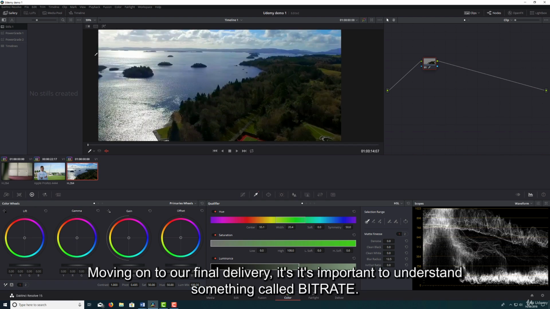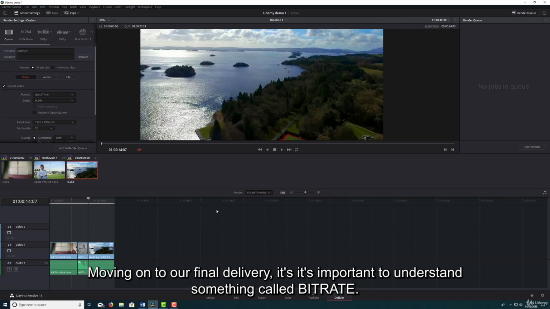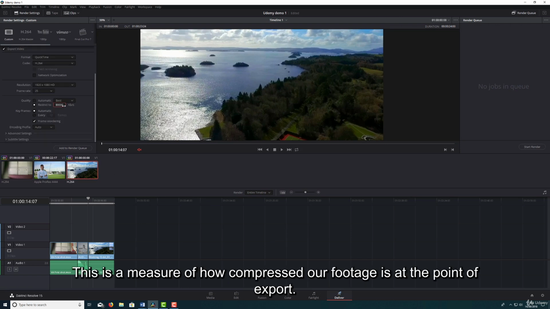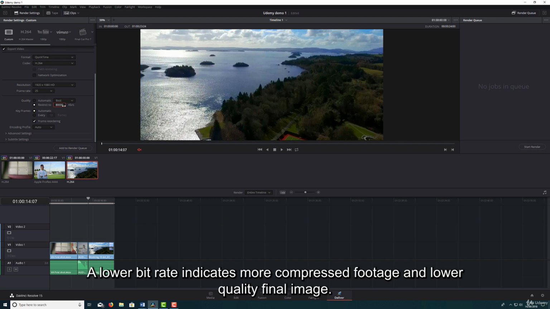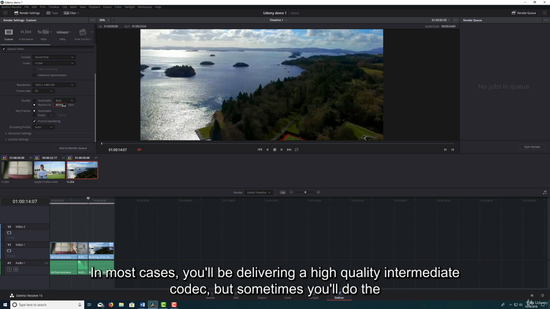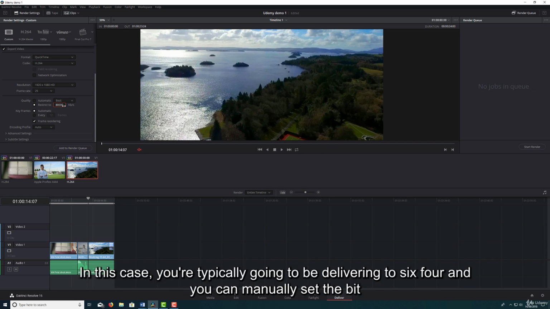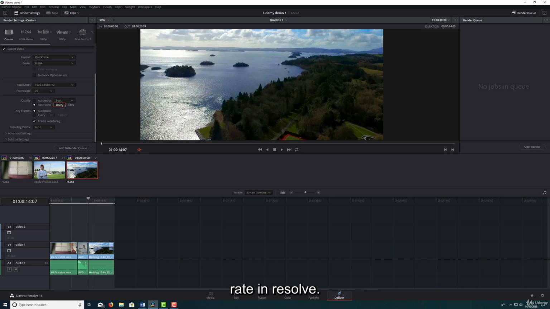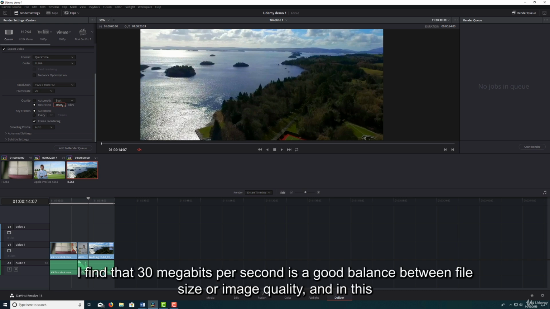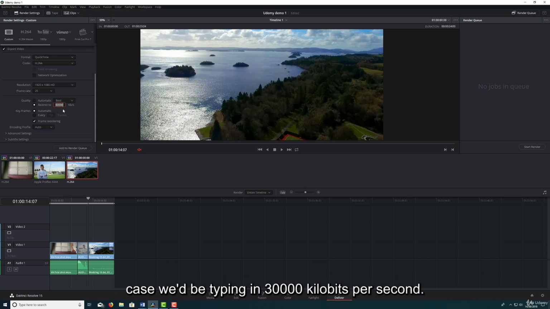Moving on to our final delivery, it's important to understand something called bitrate. This is a measure of how compressed our footage is at the point of export. A lower bitrate indicates more compressed footage and lower quality final image. In most cases, you'll be delivering a high quality intermediate codec, but sometimes you'll do the final export right from Resolve. In this case, you're typically going to be delivering H.264, and you can manually set the bitrate in Resolve. I find that 30 megabits per second is a good balance between file size and image quality, and in this case we'd be typing in 30,000